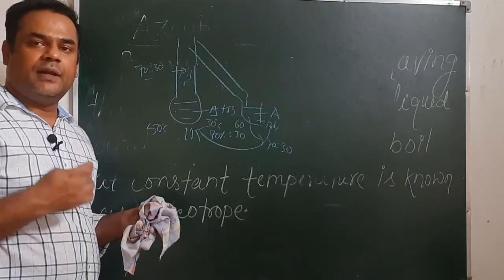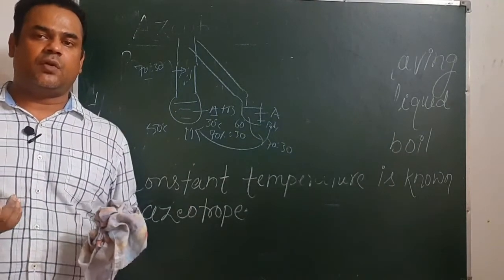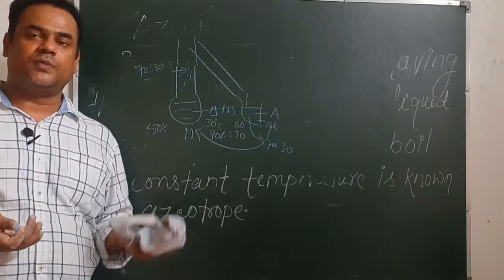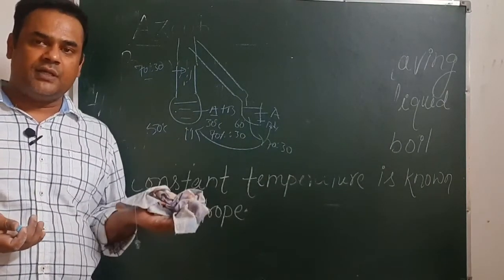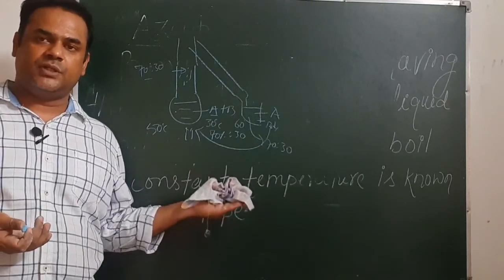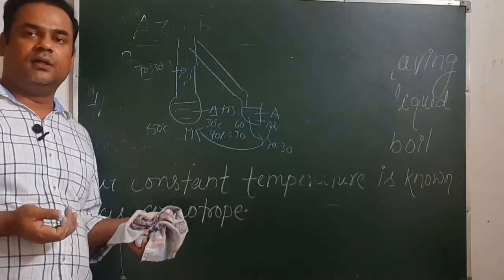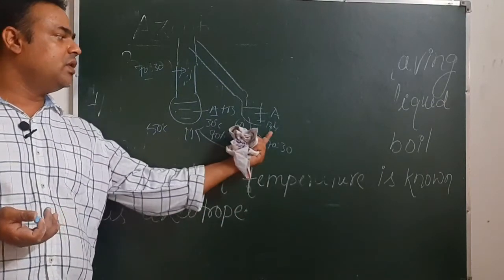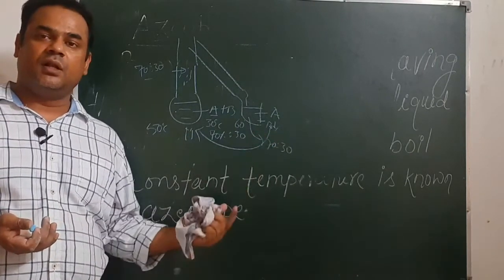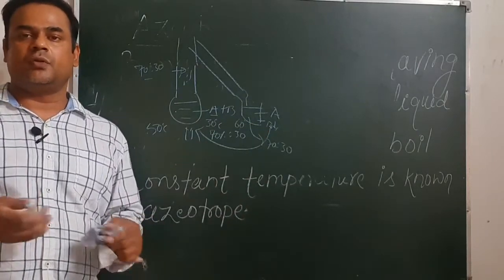Usually 95% ethanol forms an azeotropic mixture. We cannot further enrich ethanol by this condensation process, because when we heat, if the ratio in liquid phase is 95:5, then in vapor phase also its ratio will remain the same, and it results in no enrichment of ethanol, no increase in concentration of ethanol, and again we will get the same mixture. So this was all about azeotropes.